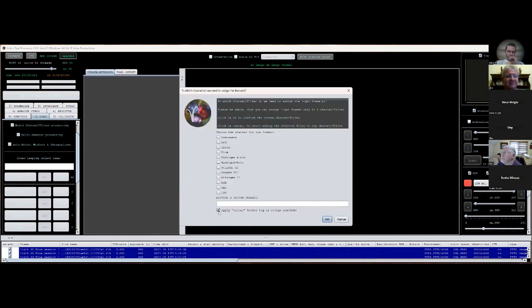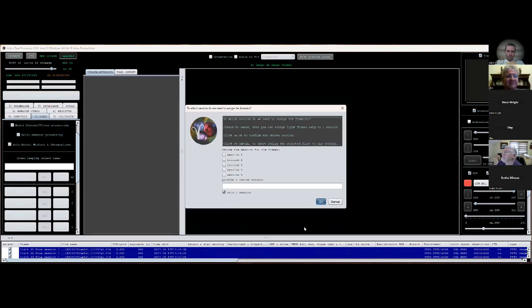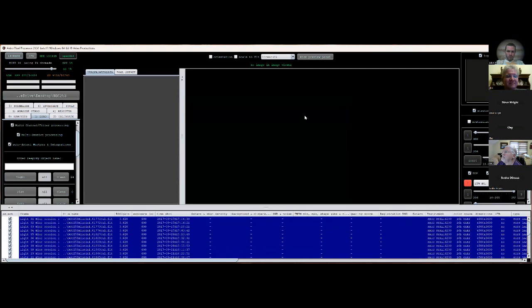Then we're going to go to our greens. Load in our greens. I leave the filter header tag clicked. One session only. And now it shows that our greens are loaded up. Then we'll go back to the lights. That's neat how they're the right color. All right, so we'll go to our